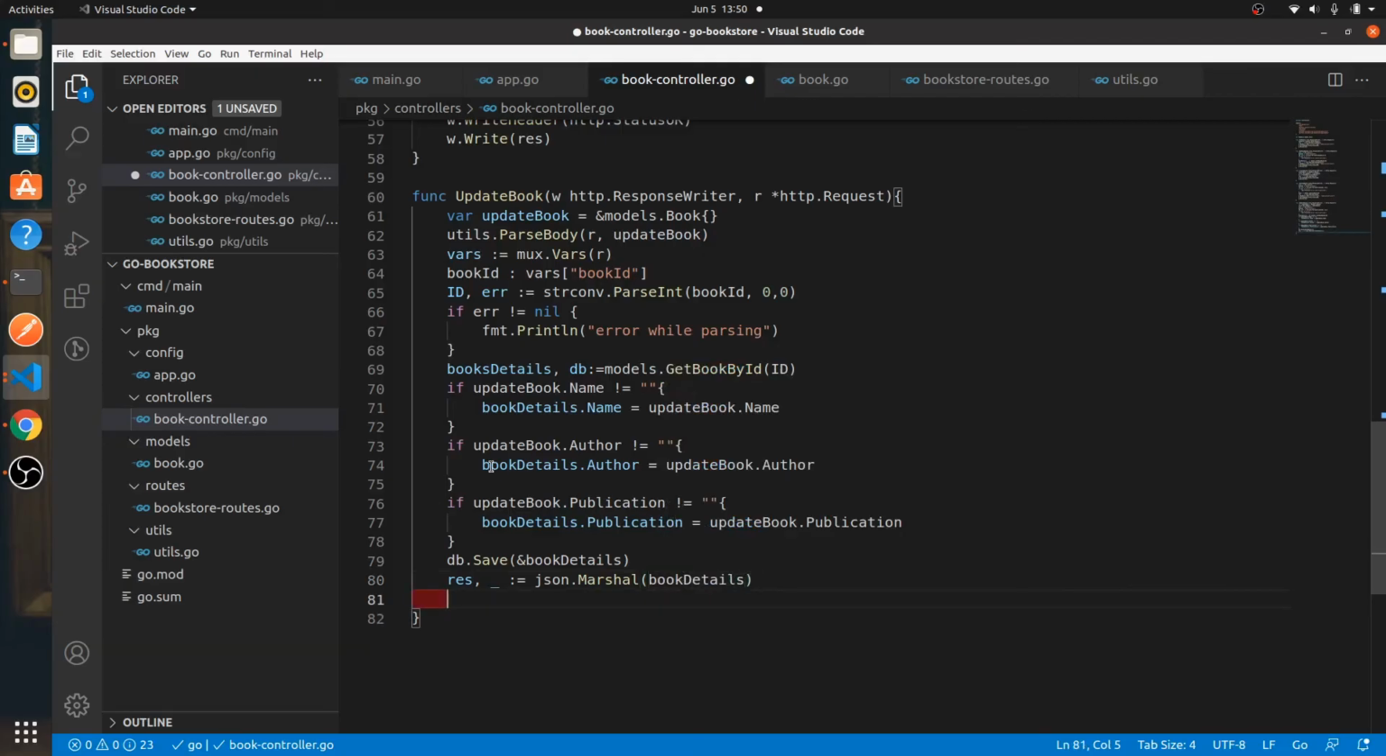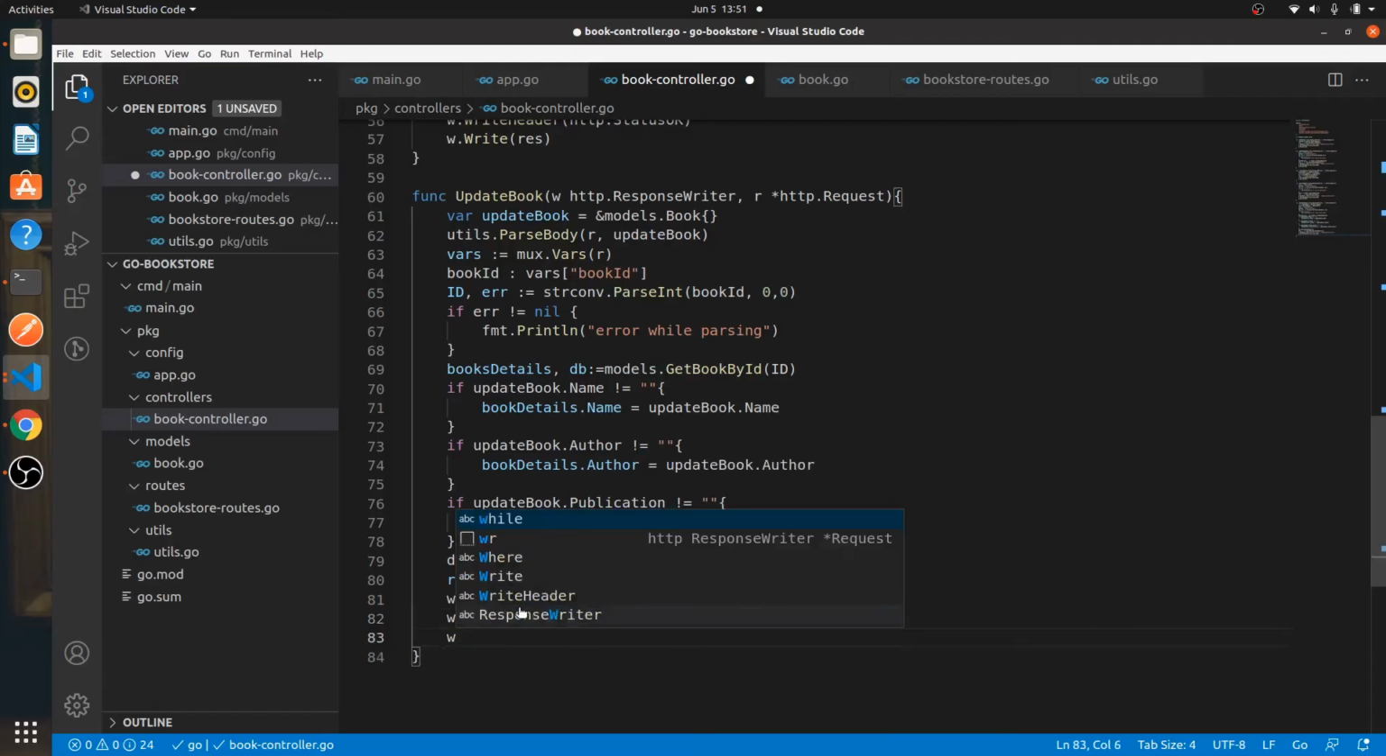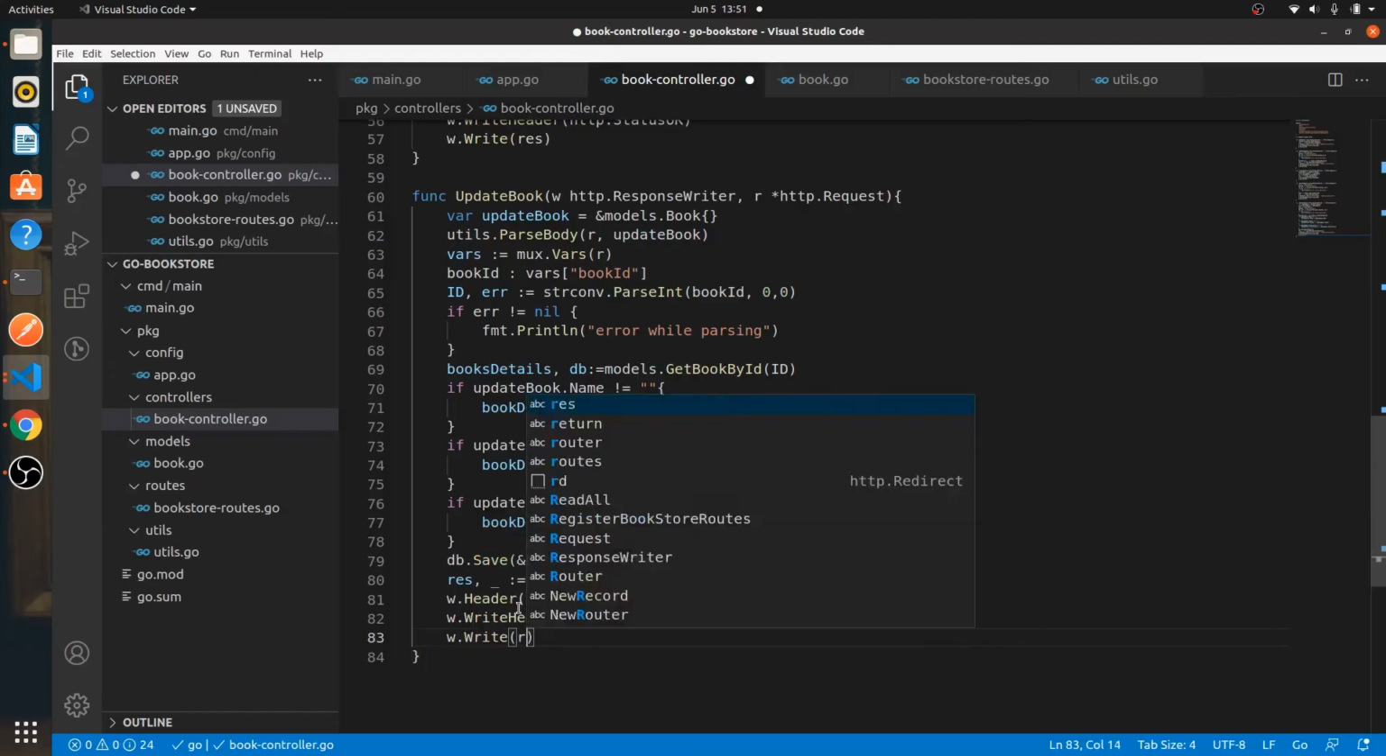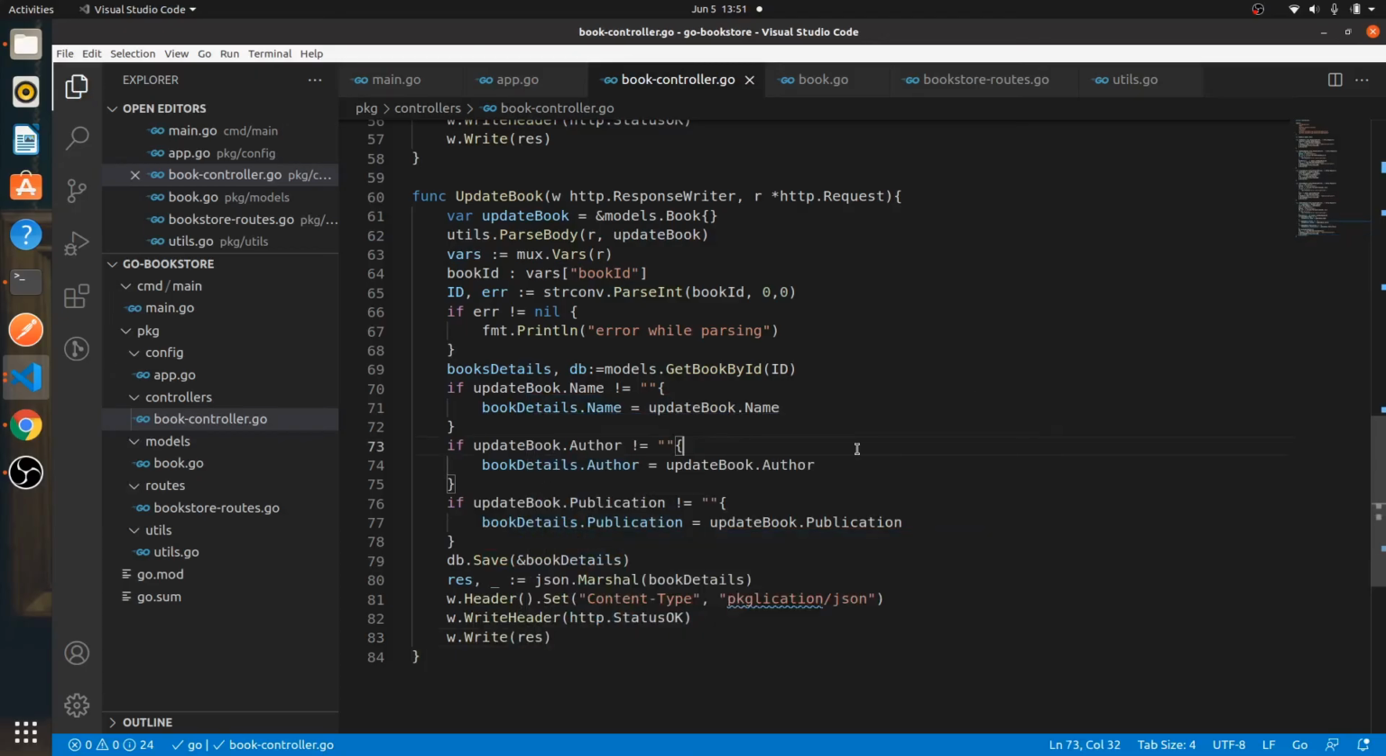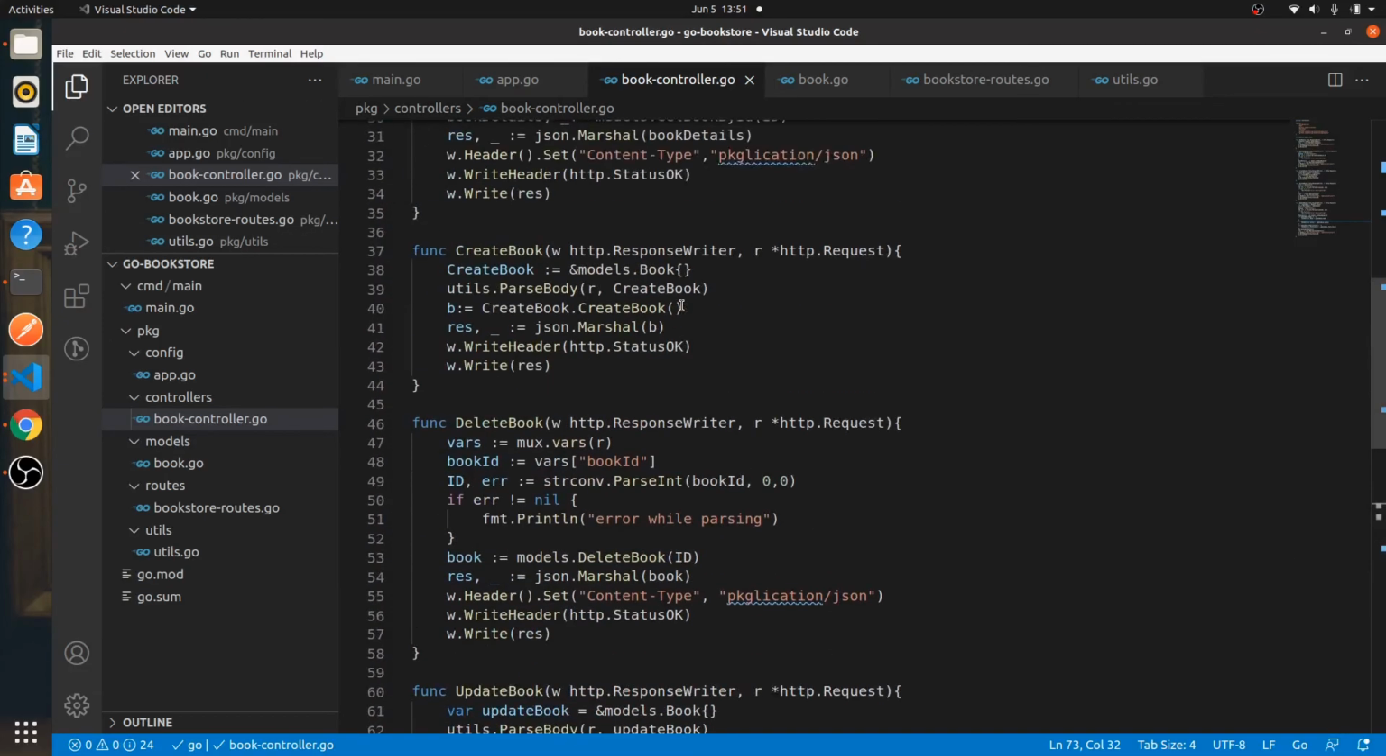So we're going to send the book details, which we just updated, right? So with the updated things, it's going to go to the user. So w.Header().Set("Content-Type", "application/json"). Then w.WriteHeader(http.StatusOK), and w.Write(response). So we've even sent the response to the user, and so we have written our update function, delete function,